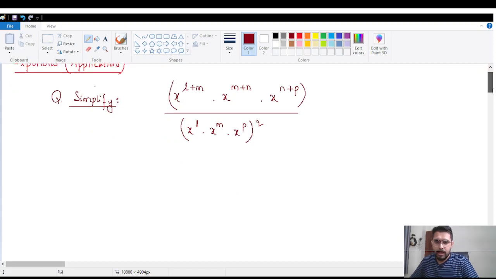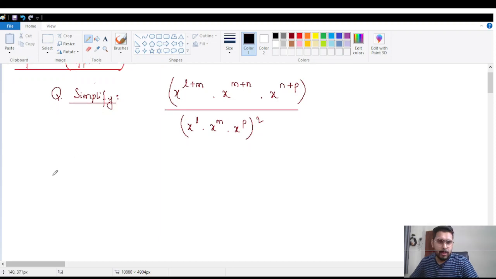So in order to start the application, in the numerator section, all the exponential expressions that we can see over here have the same base. If you take this entire exponent as a single exponent, this one as a single exponent, this one as a single exponent, you will see that they all have the same base, which means that we are going to apply the product rule. The product rule says that if they have the same base, you have to add all the exponents. So it will be L plus m plus m plus n